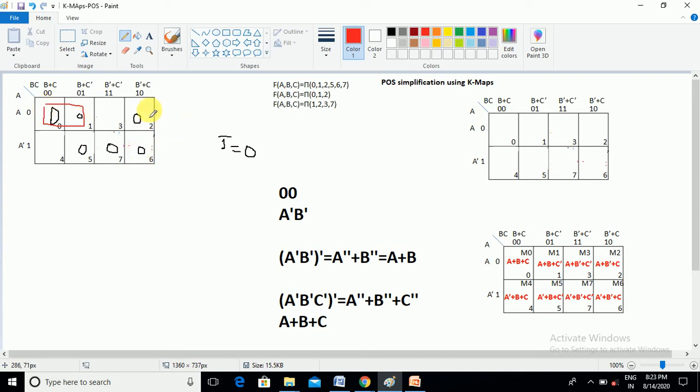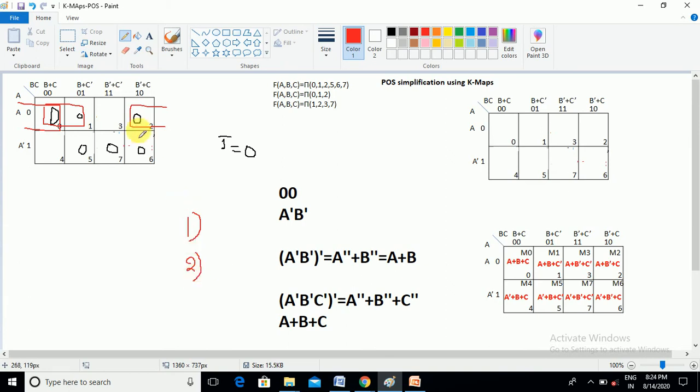You may think, sir, that with the folding paper concept we can map the edges. Okay, you can do it, but if you take the combination of 2 and 6 without overlap, we can already do the 2 cell grouping. So our first priority should be given to maximum cell grouping without overlap. Second priority should be given to maximum cell grouping with overlap.